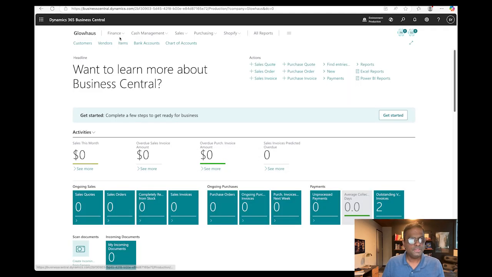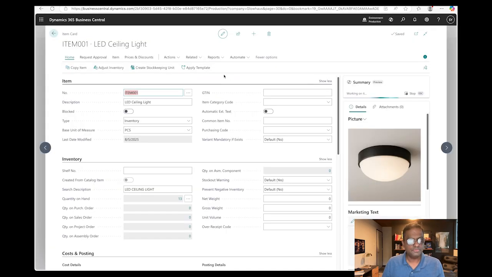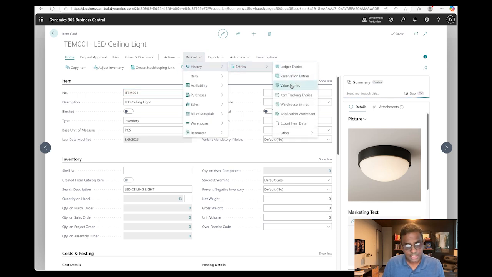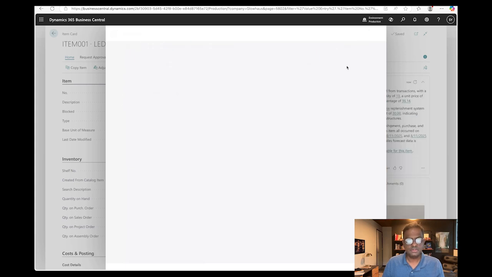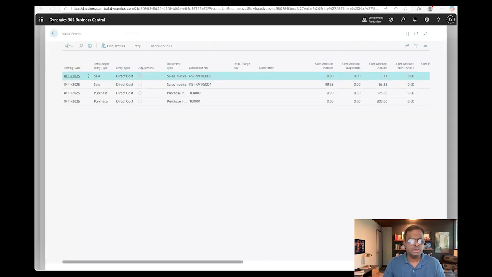Now, if we go back into the item and we go into related history entries and value entries, you will see a few things. Let's look at it. Here on the value entry screen, we can see our 2 purchase transactions, 10 units at $30 each and 5 units at $35 each. Since this item is set up with FIFO, first in, first out,